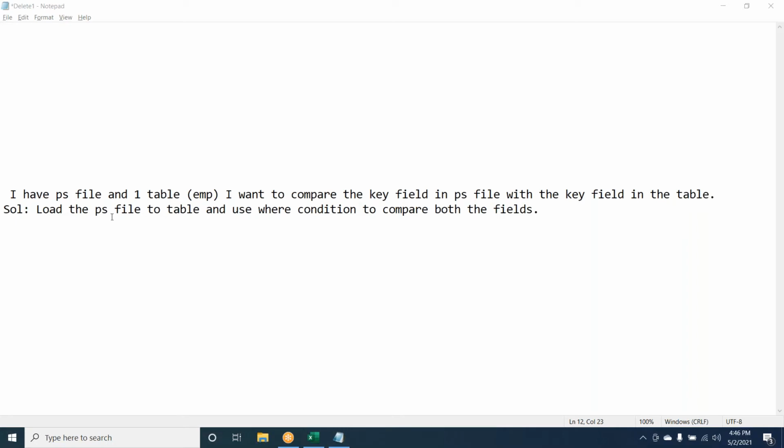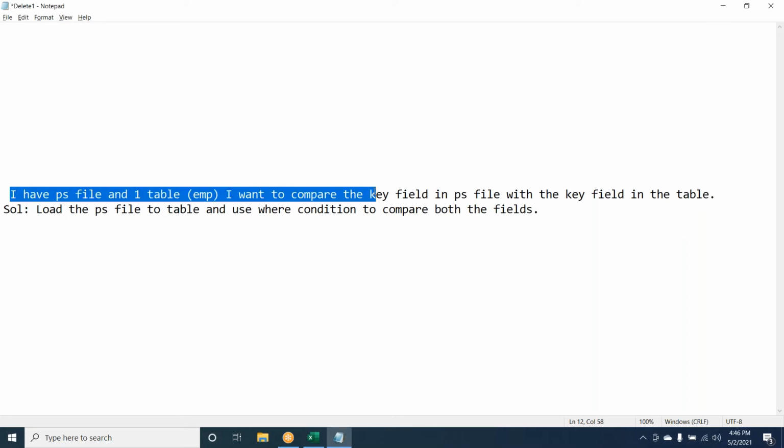Let me understand that. Their prime thing is to compare the key fields, right? So maybe you can just unload and then use the join key. If after comparing they want to do some logic or operation, then the approach you said is correct. But if the only intention is to compare, I think unload and compare is the best solution.